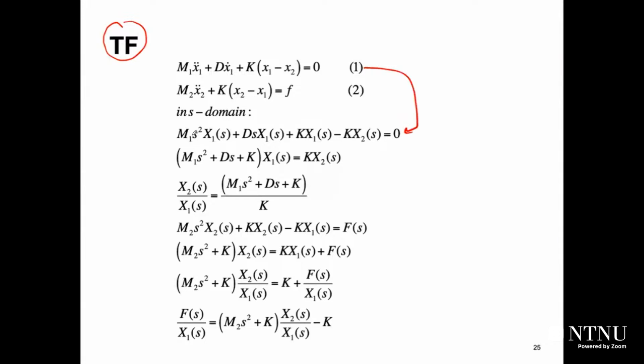So it will be M1 S square x1 of S plus ds x1 of S plus K multiplied by x1 of S minus K multiplied by x2 of S equals 0. Apply Laplace transform to the second equation. So the second equation, it will be